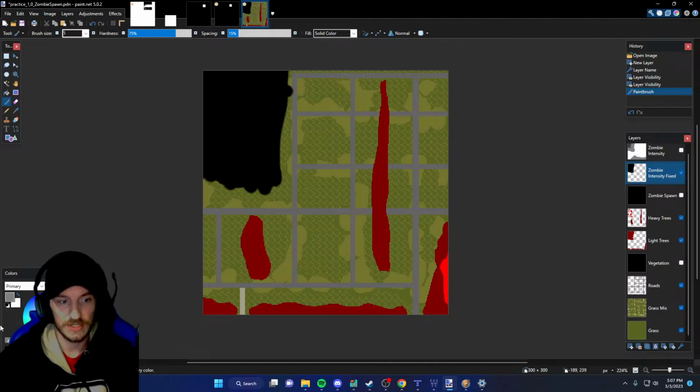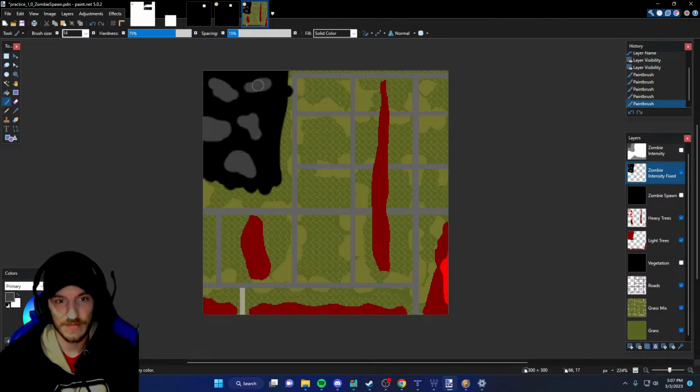So I'm going to start using a little bit of a bigger brush, and then we're just going to scribble in some random zombie spawns up into here, and then we're gonna give it a little lighter gray specks just randomly throughout it. And then we're gonna put not that. We're gonna put just little tiny dots of white sprawled throughout it